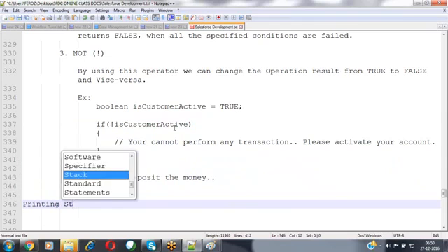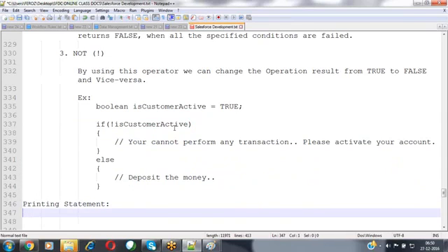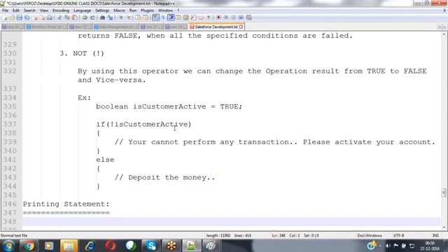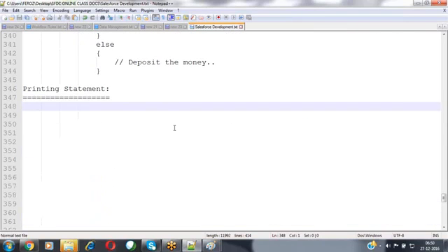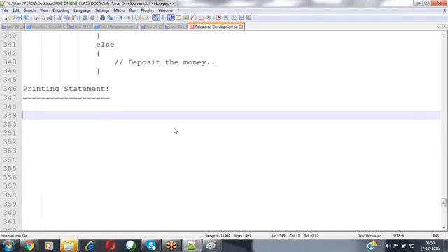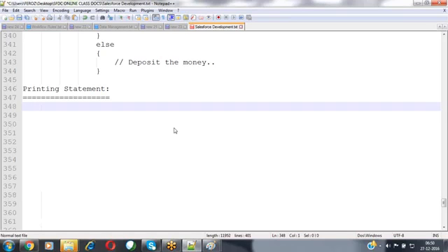The next one, the printing statement. What exactly is the printing statement in our Apex programming language? Now we'll see practically here. What is the use of this printing statement? By using the operators and data types, we can define variables and perform some operations. Once you have performed that operation, I want to see the result. Whatever operation I have performed has to generate some result, and I want to see it. Then how can we see and print that result?